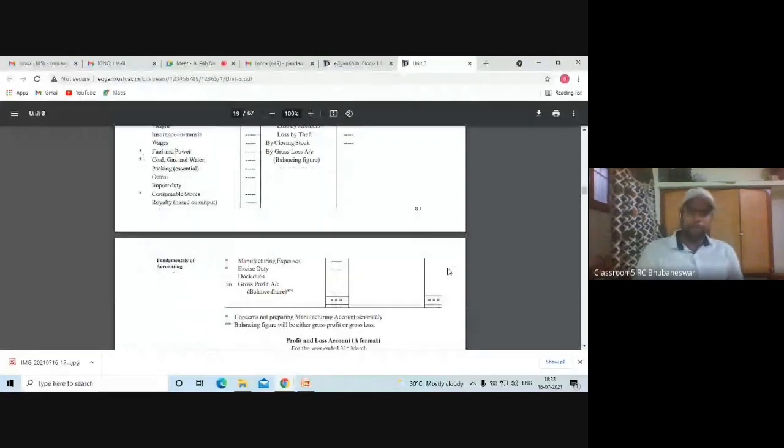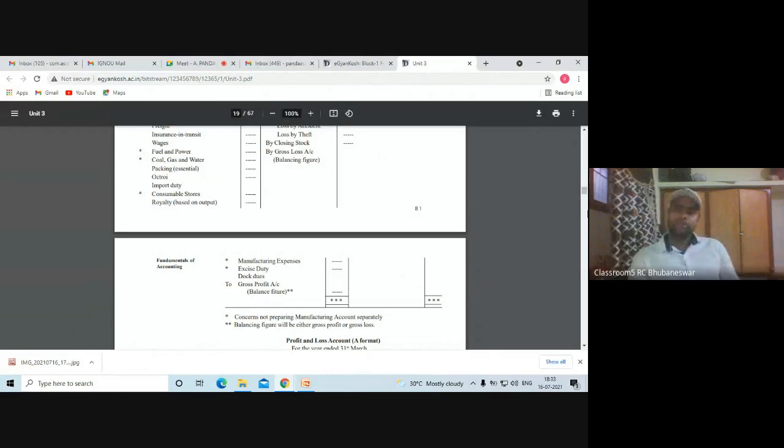See here, always see, you have to mark. In most of the cases, the credit side will be greater. As the income is greater than expenses, profit will appear here. But if the left hand side, or the expenses part, is greater than income, then loss will appear on the right hand side as by loss. So here it is written balancing figure. Just like the same, this balancing figure was added in the manufacturing account in the previous part. Below the cost of goods manufactured, you have to write that one. Okay, next,